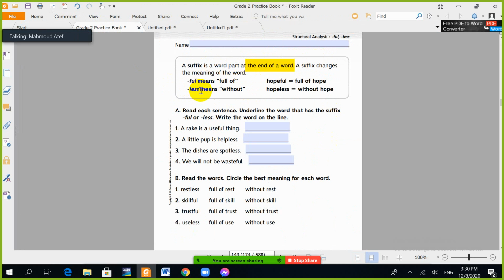That means, for example, full means full of. Less means without. For example, hopeful, that means full of hope. Hopeless, that means without hope. That means without what? Without